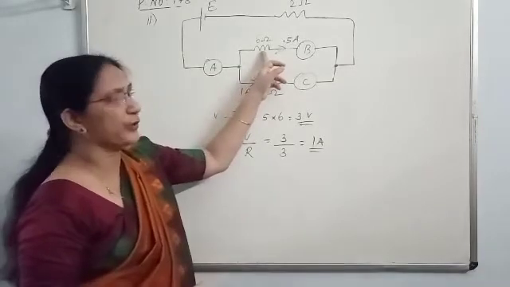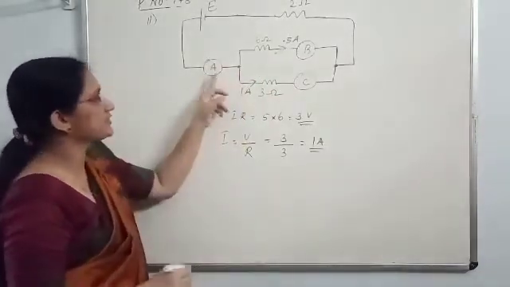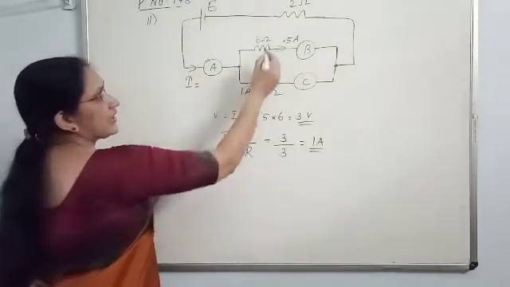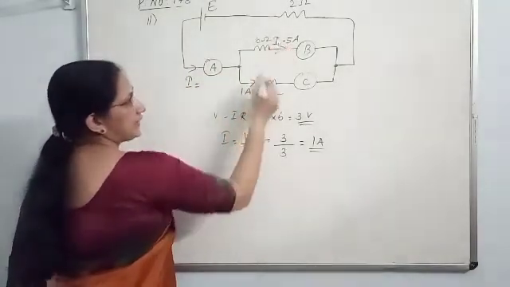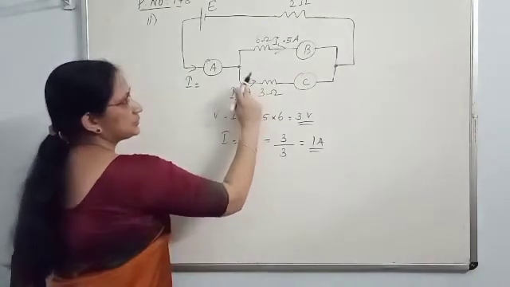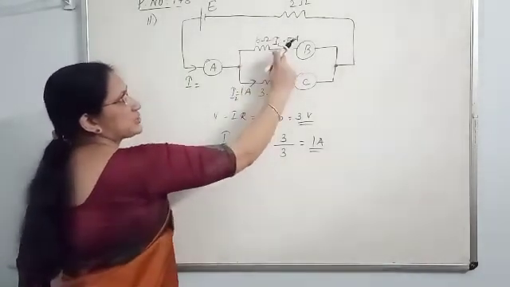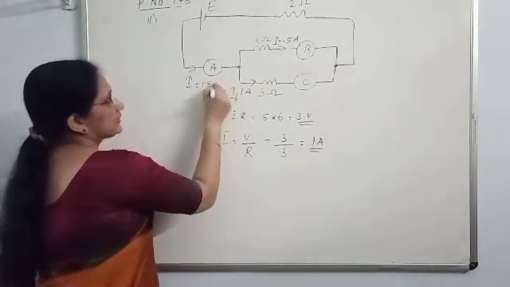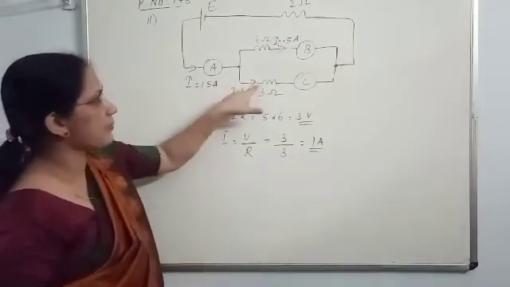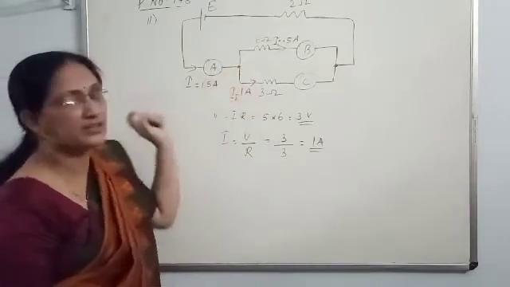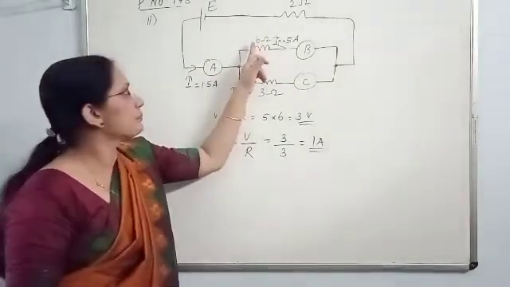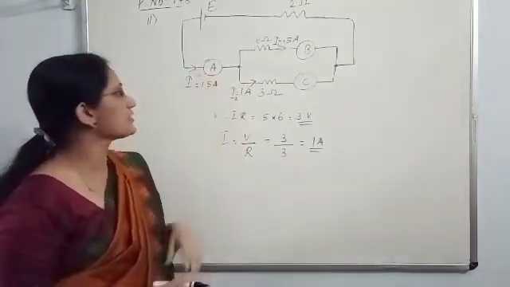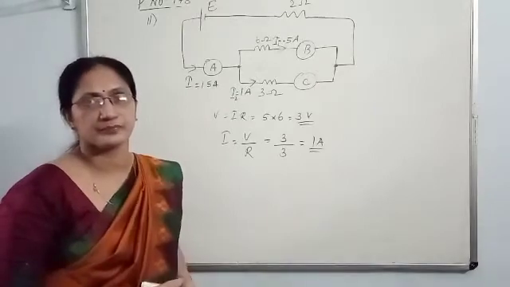In this branch it is 0.5. And you know this ammeter A measures the main current I. The main current I is the sum of the branch currents I1 and I2. This branch current is 1 ampere, this branch 1.5 ampere. So add it, 1.5 is the main current. The sum of these 2 branch currents is the main current. I1 plus I2 is I, the main current. So this ammeter reading is 1.5 ampere.